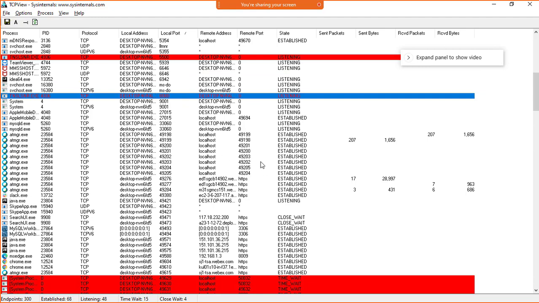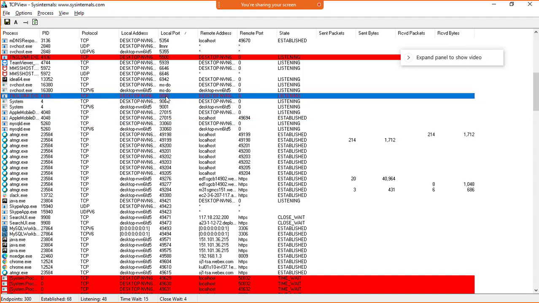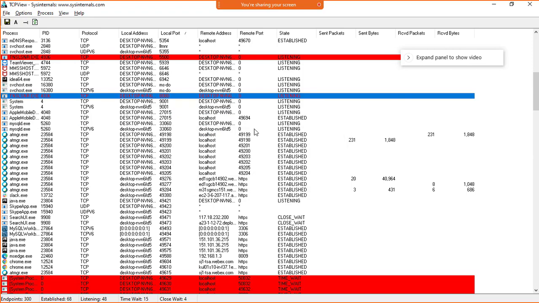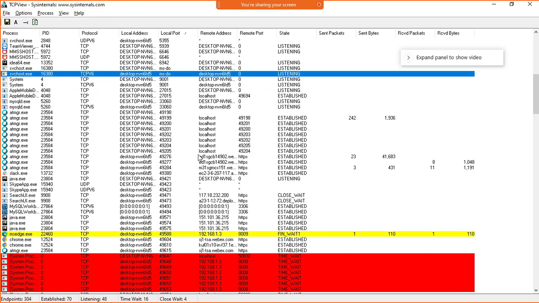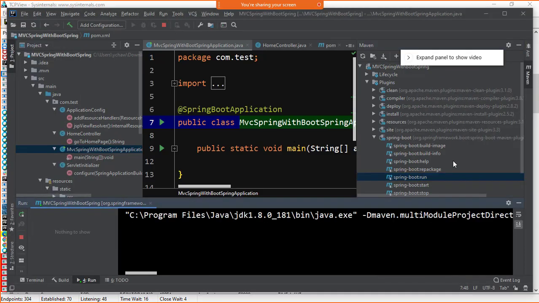My system is a little slow right now. All these processes are being run by TCP only. So now the process is ended. I will go over here, rerun this. This time it will work.